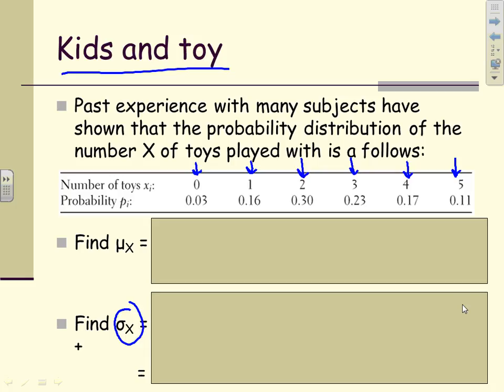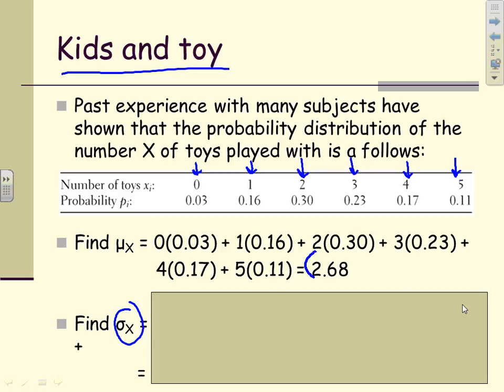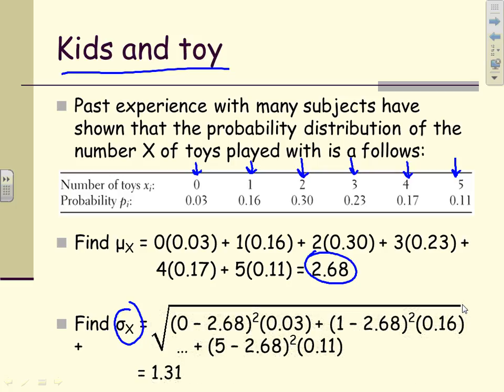For the mean, taking all the x times p's plus x times p's, I end up getting an average of 2.68. And a standard deviation, notice I have my big square root, because I'm talking about the standard deviation. All my x minus the mean, squared, times probabilities, I end up with a standard deviation of 1.31. And again, I'm getting a better idea of this distribution, keeping that word into play there, bringing us back to chapter 1. Make sure that you agree with that. If you don't, check your calculator. It's very easy to miss a decimal or something along those lines in these particular problems.